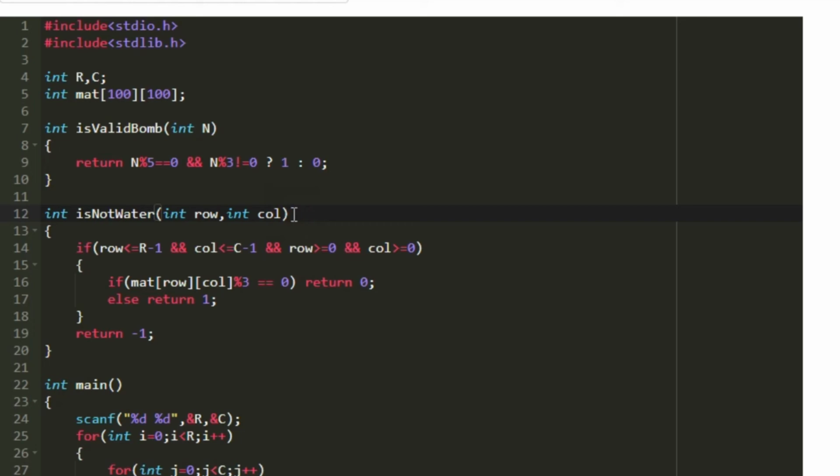And if the integer present at this particular row and column is water, then it returns 0, else it returns 1, because that is how our function is named. So the function returns 1 if it is not water, else it returns 0. So in the function, first we check if the row and column are within the range, else we